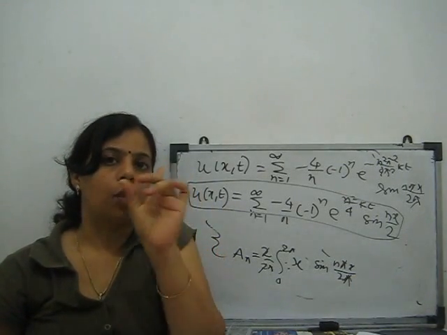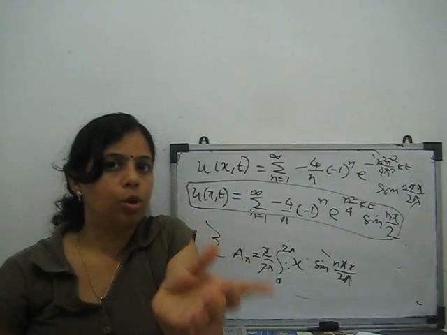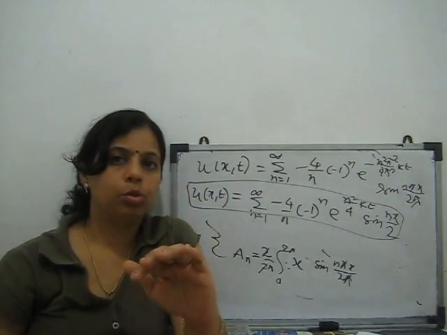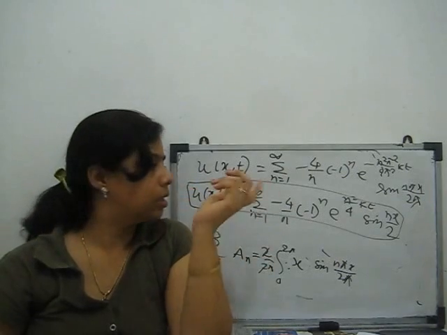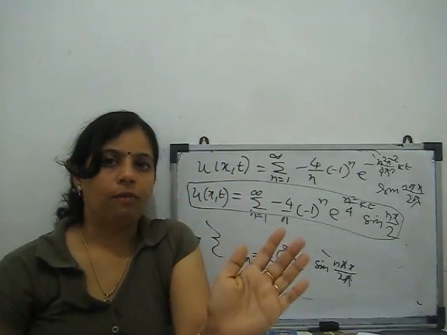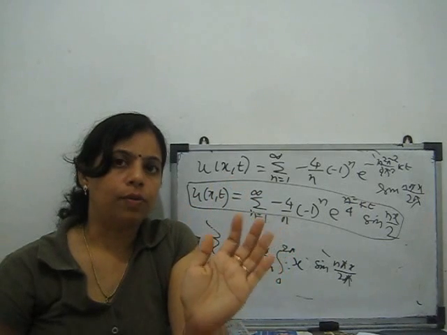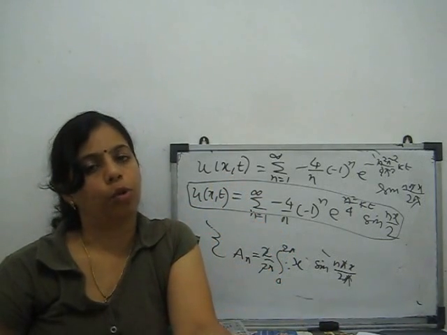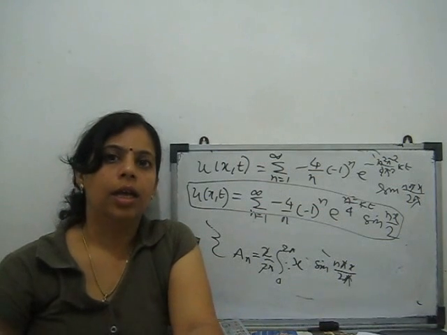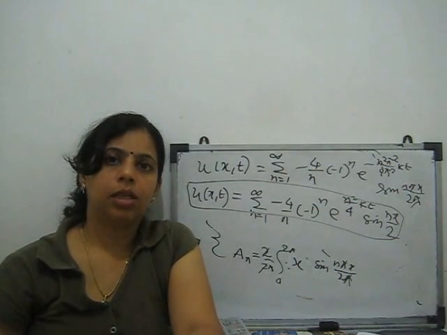First I solved for the general interval 0 to L. Now whatever the value of L, you can substitute there and find the value of an. Substitute the value of an here and you will get the solution. The value of an you can find with the help of the Fourier series constant. How to derive the Fourier series constant is just integration. That's all for the one dimension heat equation.